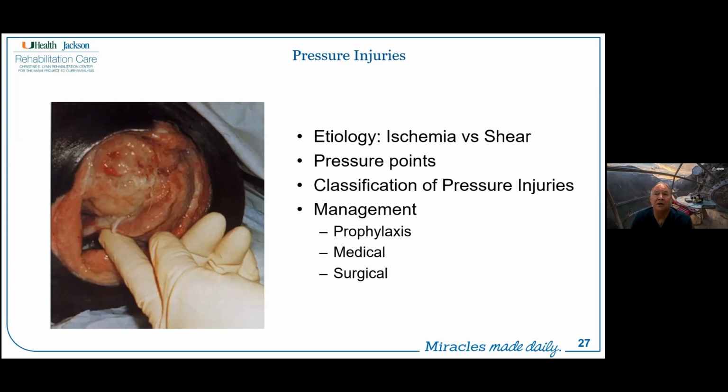We have to help them in the process, not just heal the wound, but determine the etiology, why did they develop a wound 20 years out from their injury, and make sure that we are alleviating the contributing factors. So again, management strategies, primarily prophylaxis, but then we have medical and, yes, in some cases, surgical management, followed by rehabilitation and subsequently trying to optimize and reduce the likelihood that they will develop another injury in that particular area.